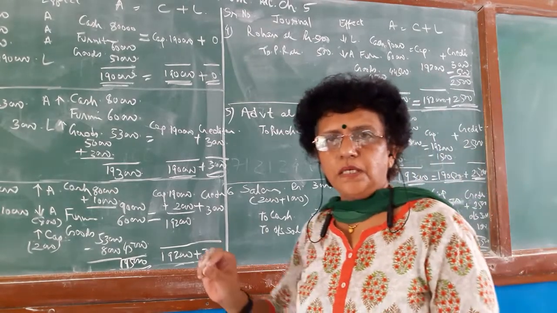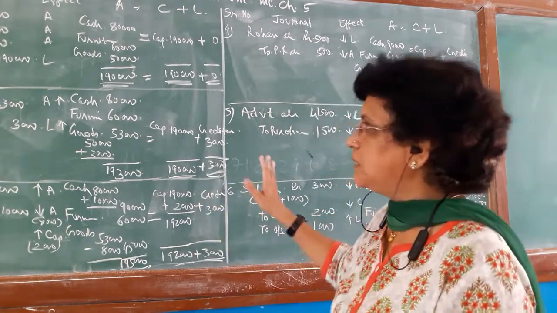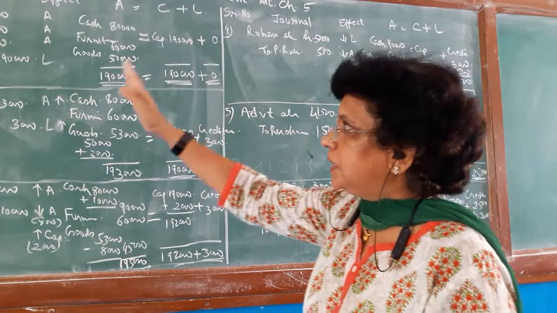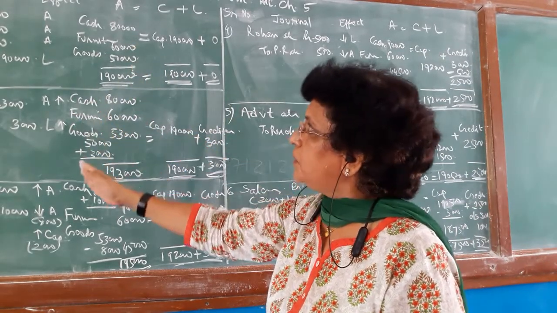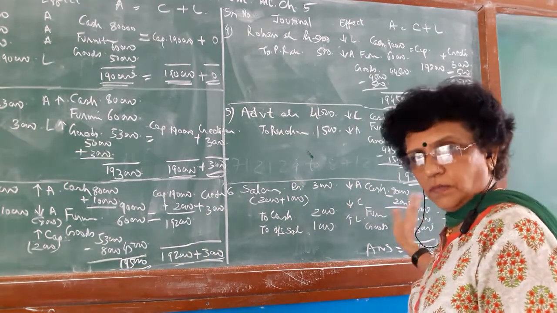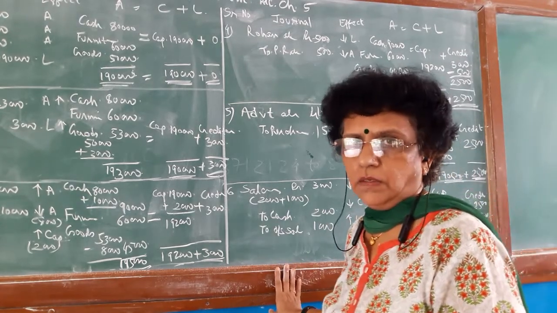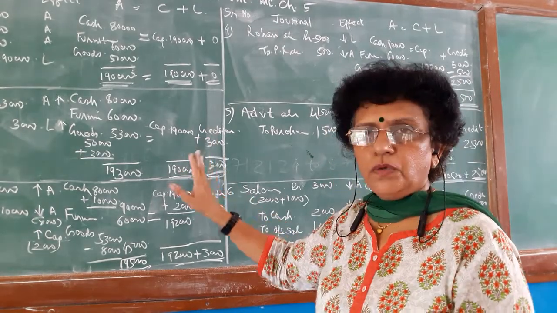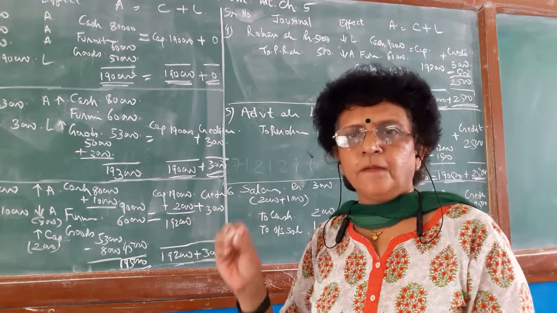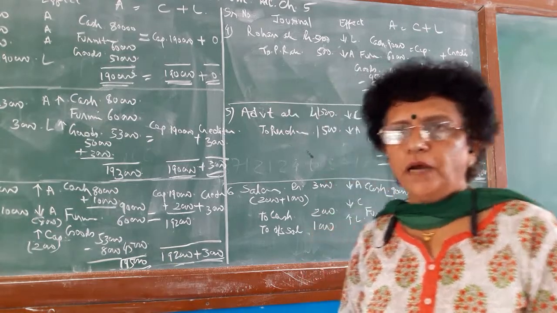So these are very nominal things. Only accuracy is to be maintained. Otherwise, the format and concept are simple: asset must be equal to capital plus liability. Your journal entry you have to do, the effect you have to see, and accordingly, with the effect, you have to do the figure-wise addition and subtraction on the capital plus liability side and show the effect. So in this manner, keep on doing a few more practice problems for the accounting equation. You need practice because initially you require time to digest the point. So this way you have to do the exam.